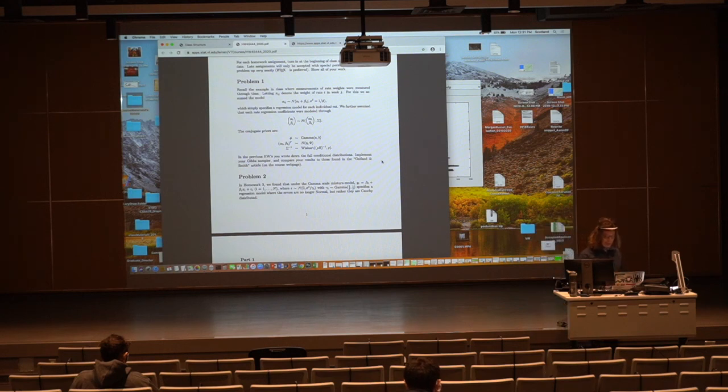For everything, and then I want you to implement everything. I want you to implement the Gibbs sampler. So at the very bottom it says, in previous homeworks, you wrote down the full conditional distributions. You haven't probably done it for the Wishart, but it's as easy as all the other ones. And then I want you to implement that Gibbs sampler, and I want you to compare it to the results